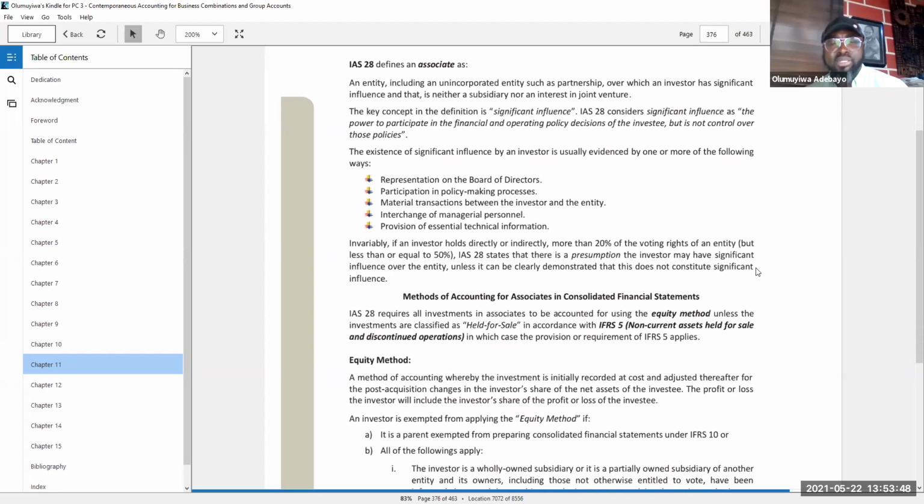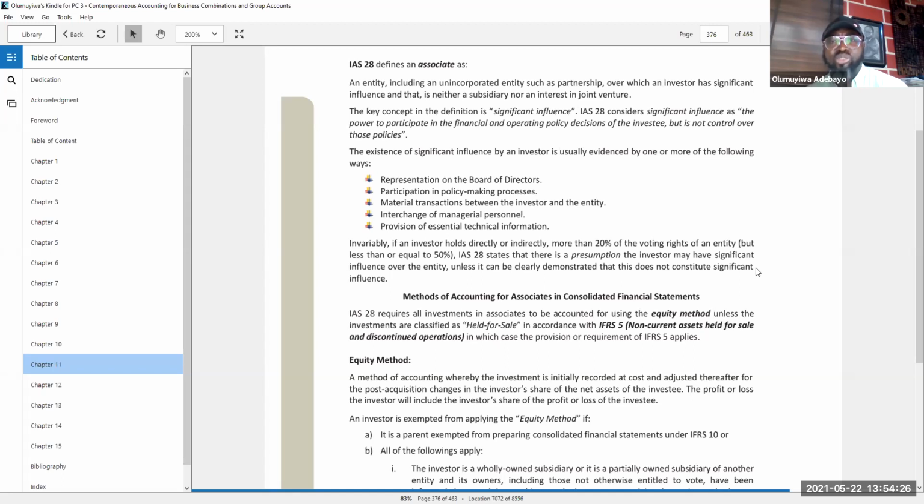Using what? Equity methodology, which is simply put as equity methods. But before we focus on this, we will have a slight discussion by introducing the requirement of IFRS 11 with respect to joint arrangement. The essence of doing so is that IAS 28 does not deal with associates alone, but deals with how you account for your investment in an associate and likewise your interest in a joint venture.